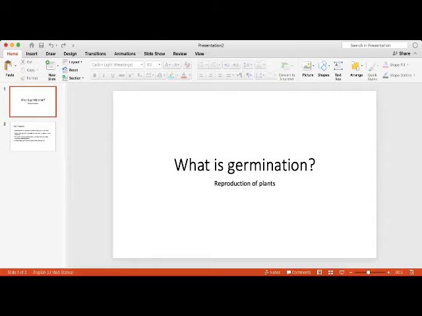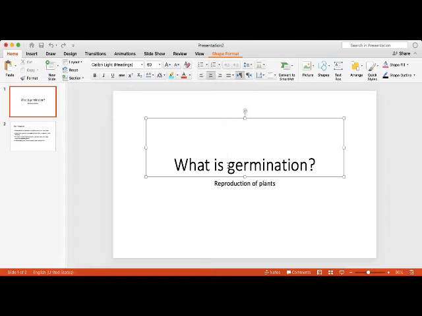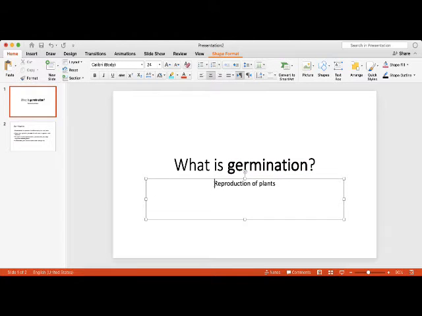First tool is bold. First you have to select the word, click the cursor here, then hold the mouse button, left mouse button, drag it till here. Click on this B button, B for bold. This word become bold. Second tool is italic. First, click the cursor at the start of the sentence or the word. Click the left mouse button, drag it till the last of the line and then click on I for italic.